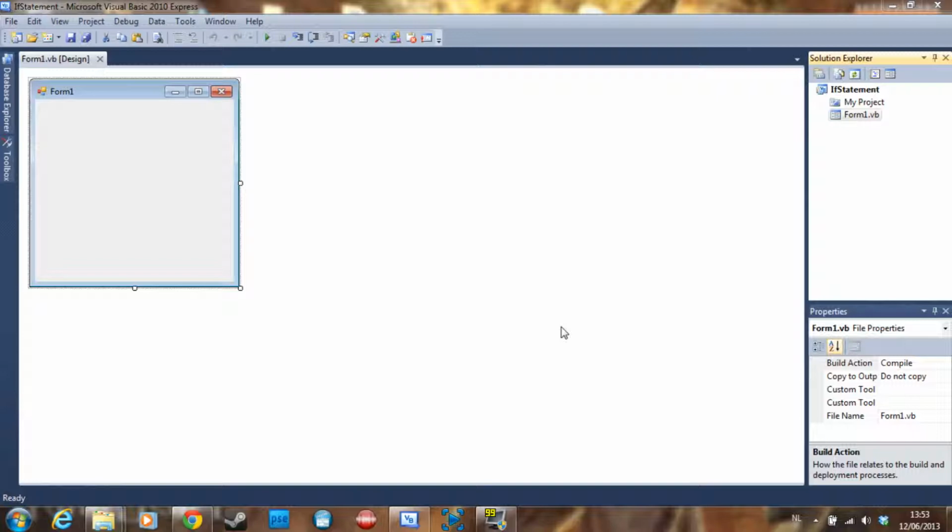So this time we are going to do if statements. But before we start, what do you guys think of the new logo? It's good, isn't it? So let's start off by